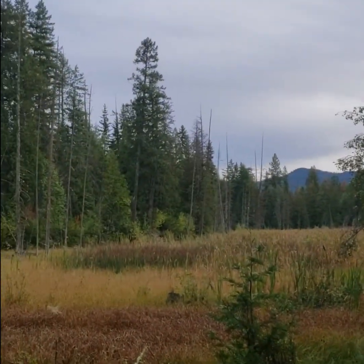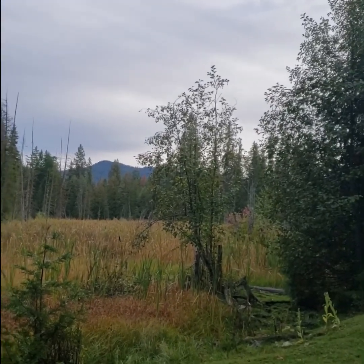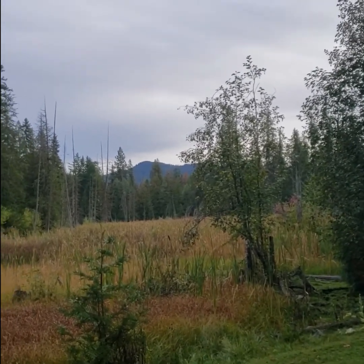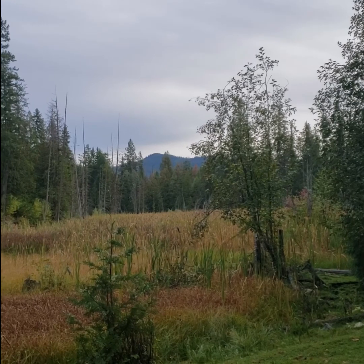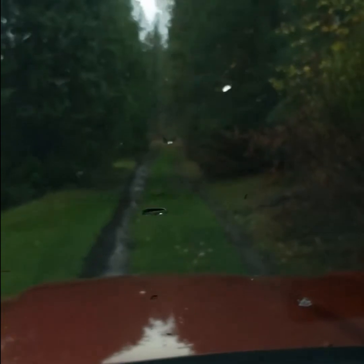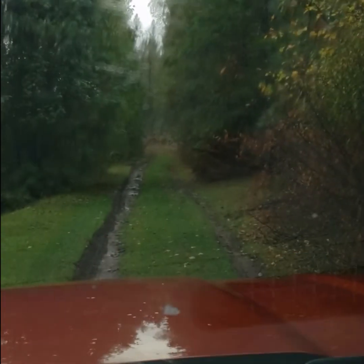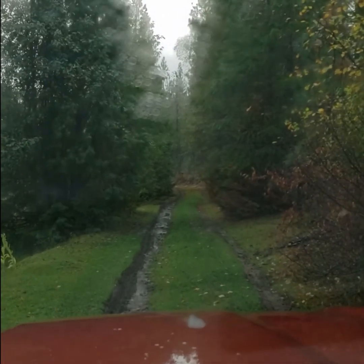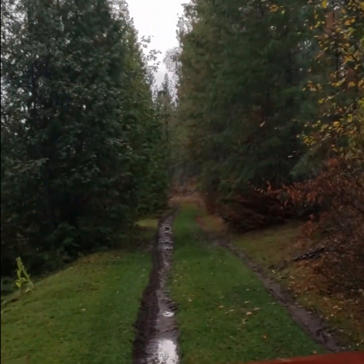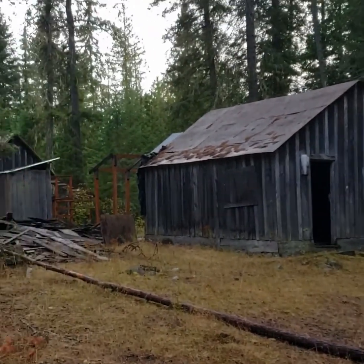So there's a creek that runs through here, and you come to a point both ways where you can see into this little open area, and it's like a marsh. It's kind of neat. And then here's the road here. Wipe the window off there. So it's just that little path I'm following. So coming back out here,